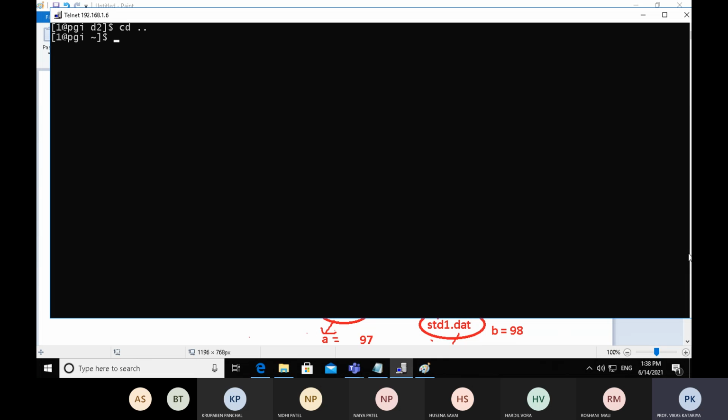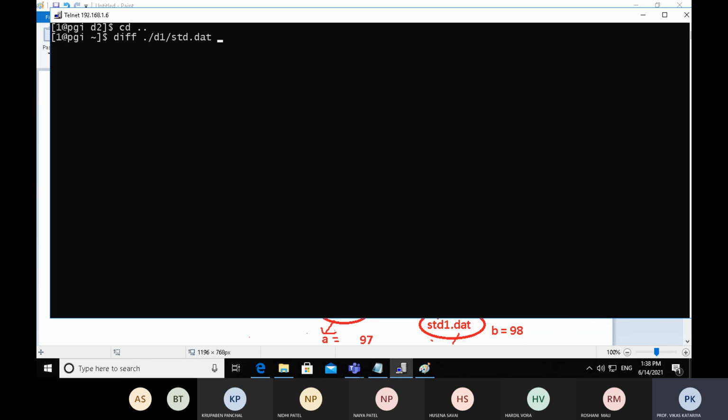Let's find out. cd space double dot. Again, we are on our current working directory. So we have to provide paths to the diff command. diff from the current position: d1 is the name of the directory having the file student.date.